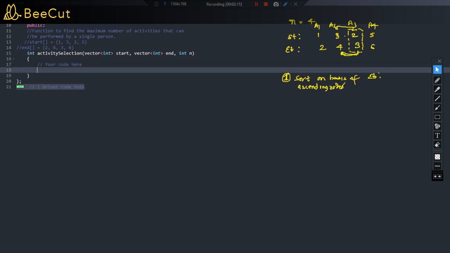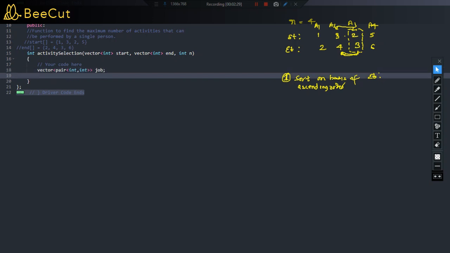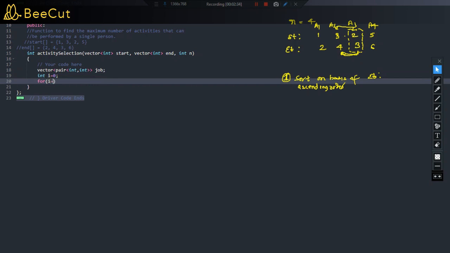basically creating pairs. So we will create a vector, a pair of integer comma integer, and let us give it the name job, because each of them is a job. Now we will declare a variable i equal to 0. For i equal to 0, i less than n. What is n? n is the number of jobs. You see, the value of n is passed in the function here, and this is the number of jobs